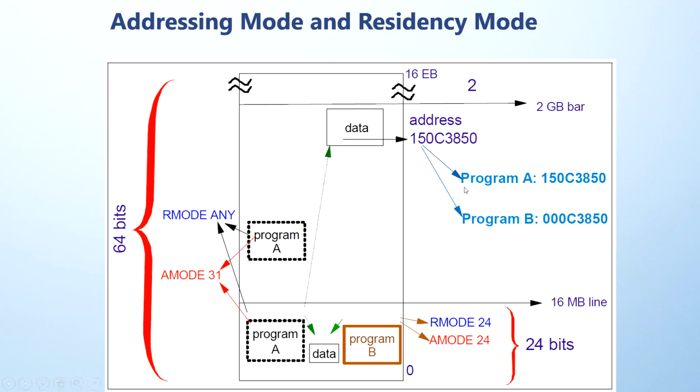If you see program A, as it is linkedited with AMODE 31, you see the address as 31-bit, whereas program B is linkedited with AMODE 24, so you see program B data is of 24 bits. Okay, so these parameters are important and they decide where a program has to be loaded and what should be the addressing mode. Okay,